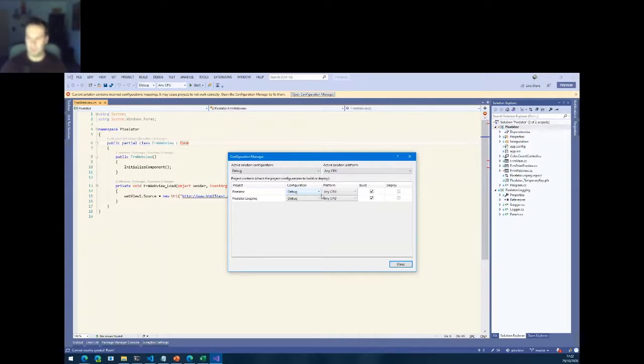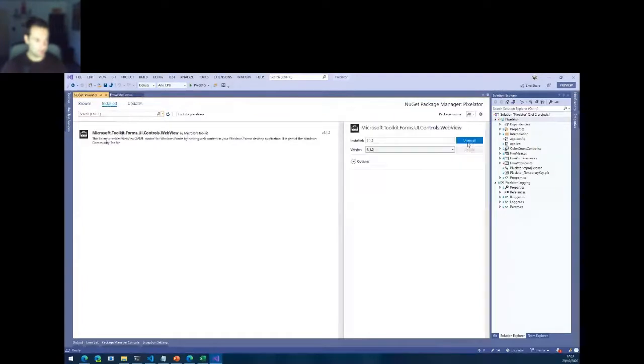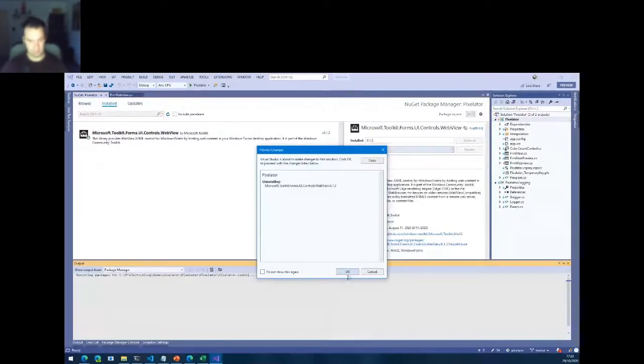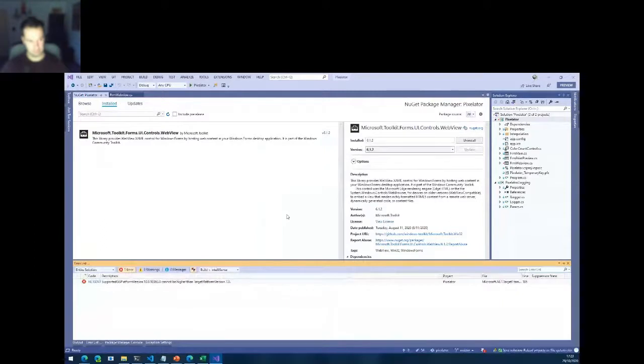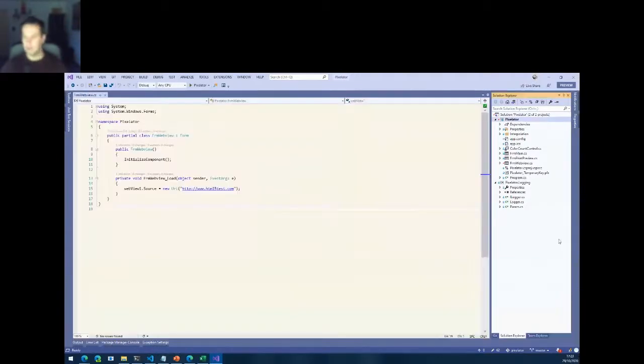It could probably be the NuGet package. So I uninstalled the Webview. I tried to build it again. Of course, it will fail because we're still referencing the Webview and we don't have it anymore. But the first error was gone. So the Webview that's in the community toolkit is not compatible with .NET 5. So be careful with that one.